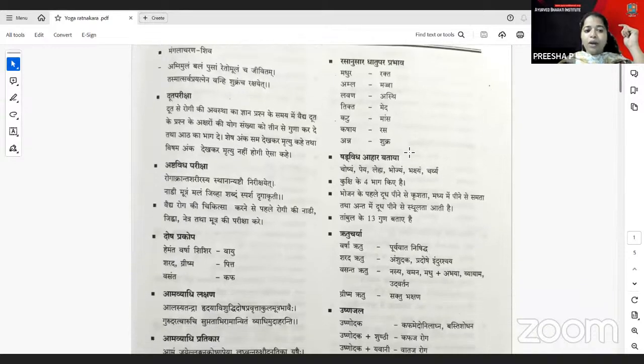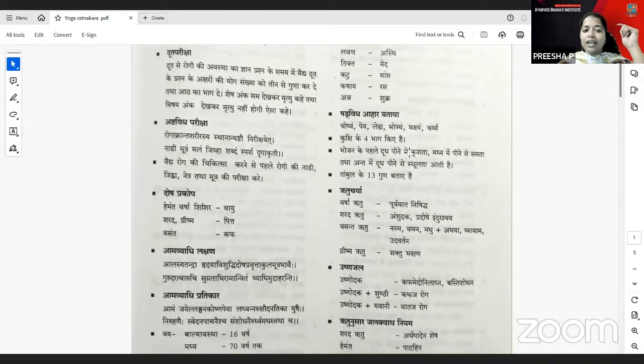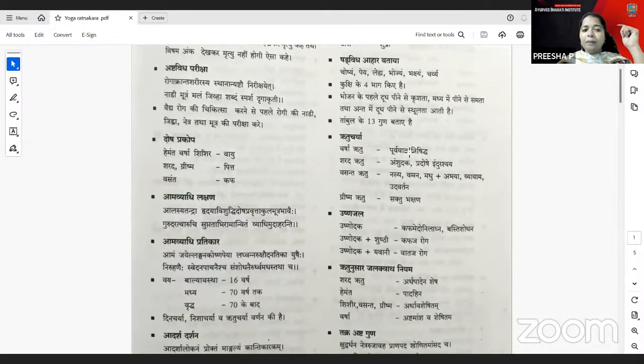In the Dosha Prakopa, you have Hemanta, Varsha and Shishira for Vata, Sharad and Grishma for Pitta, and Vasanta for Kapha. That is why Vasantika Vamana and Sharad Virechana are things some hospitals carry in the OPD, in the case of Ritu OPDs. There are some wings with Ritu OPDs with Sharad Virechana and also the Vasantika Vamana. And you have the Amavata Lakshana with the Alasaka that was mentioned in the first part of Yoga Ratnakara.